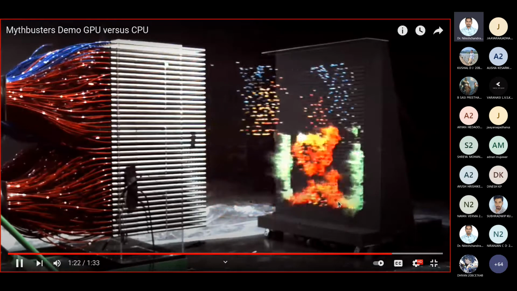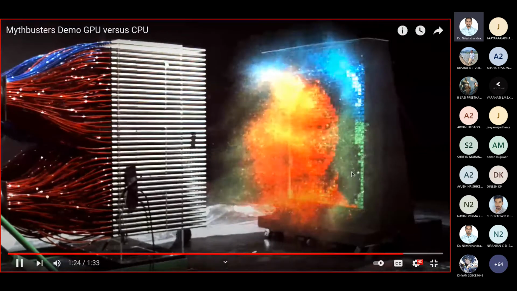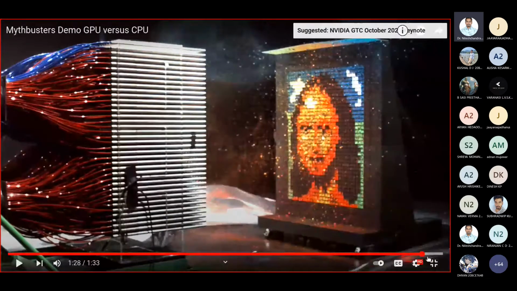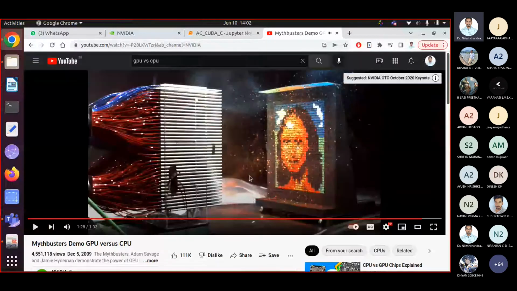So we have thousands of cores, and every core can perform the desired task independently and at the same time, right? If you follow the sequential one, first of all it will paint the first spot, then gradually it will print one row, the next row, the next row, like a sequential application. But a GPU has thousands of cores that can perform operations using multiple threads at the same time.